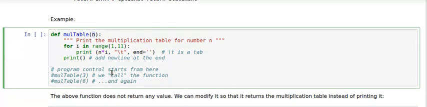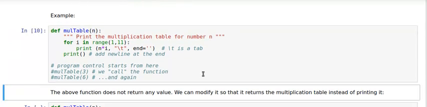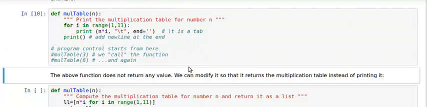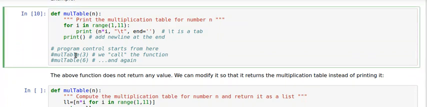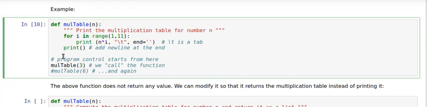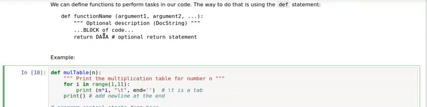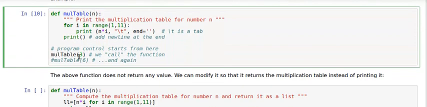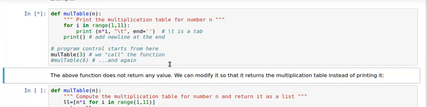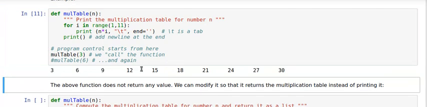Now if you try this code and you run it, it doesn't do anything. It just defines the function. In order to actually use it, you have to call it, and the way to call it, I've written it here below, is exactly like for the print statement. You write the name of the function and you put the argument in brackets. So multable 3. As soon as you do that, the value of n becomes 3, and what the function does is it produces the multiplication table for 3